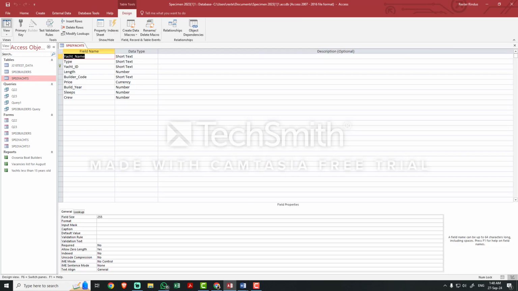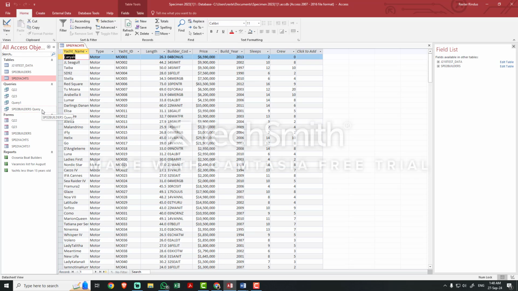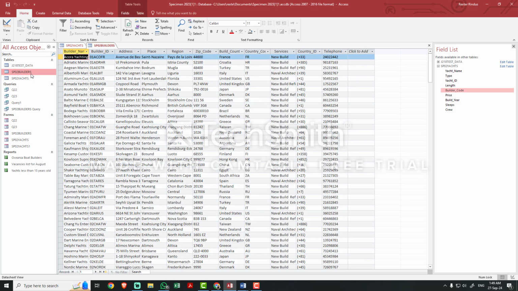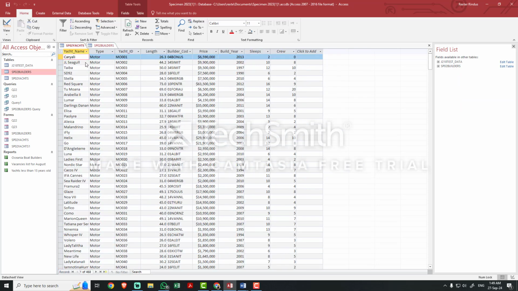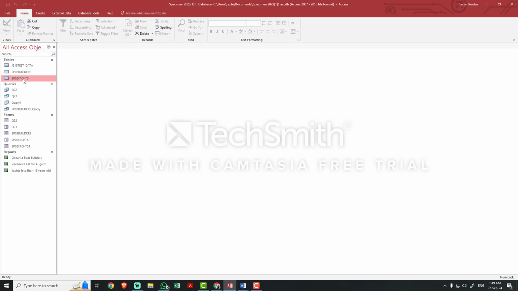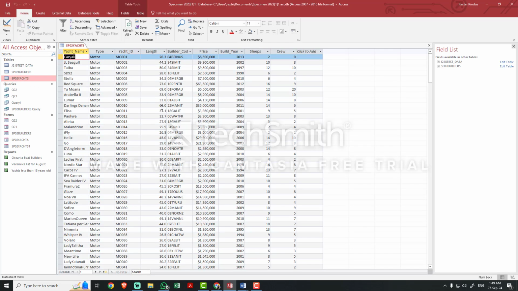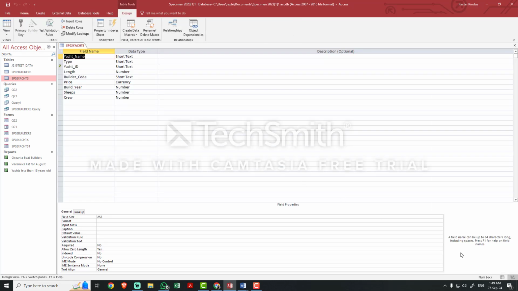Yeah, ID, okay. So you have to get this particular Builder ID, which will be added into this particular form, the form coming from the wizard. This is what you should do. Just go to the design view. Oh no, not this one here, sorry.